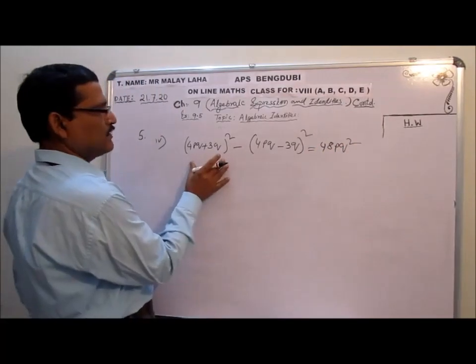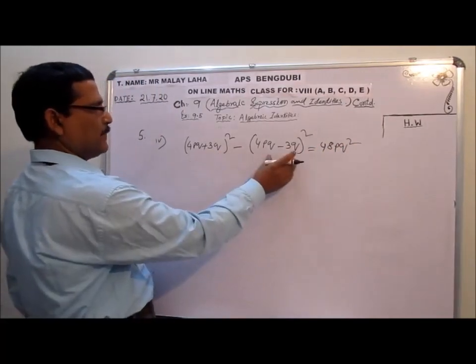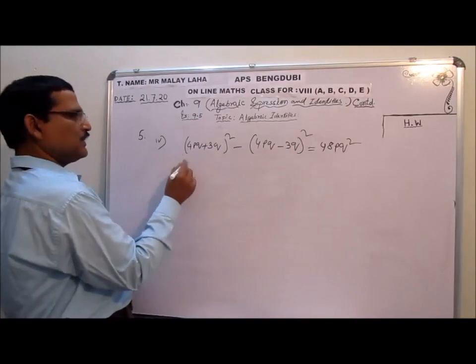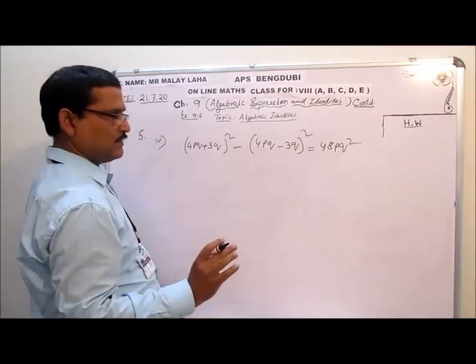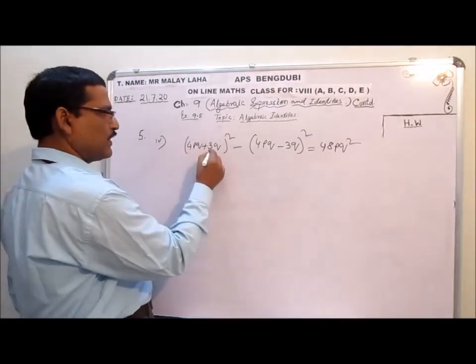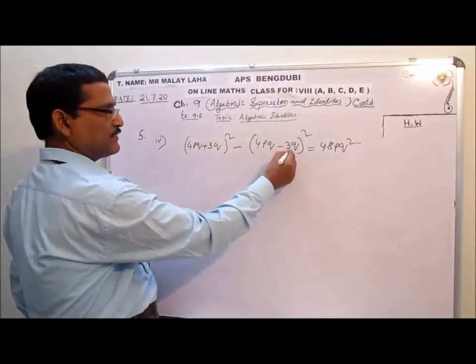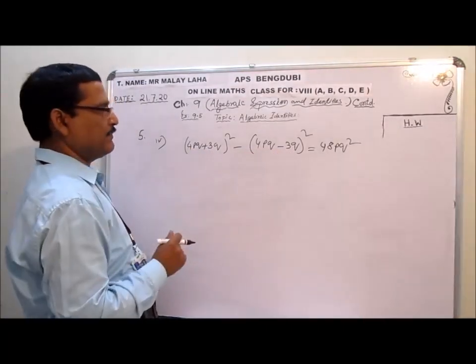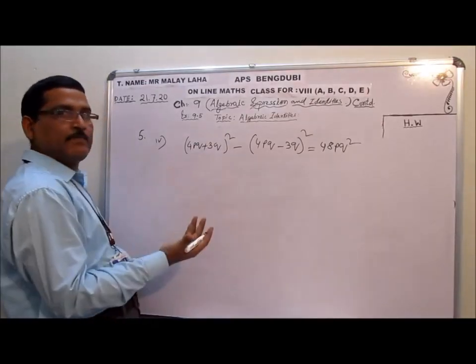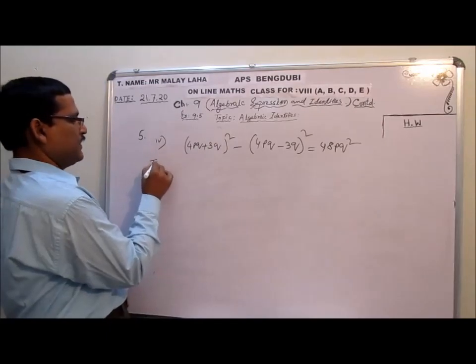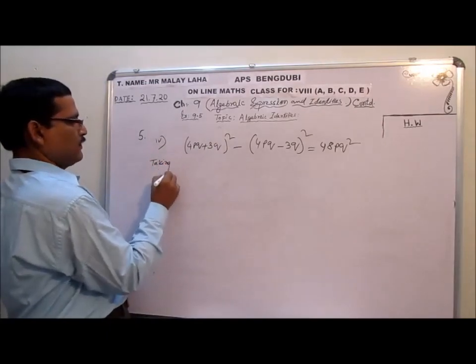Same, first part, second part. Okay? You can follow a square minus b square. But I have seen that when the whole part is treated as a and the whole part is treated as b, at the time of writing, most students are doing it wrong. That's why taking the first part, taking the second part, that is the best one. Taking first part.